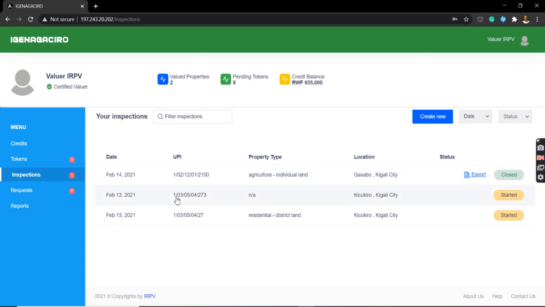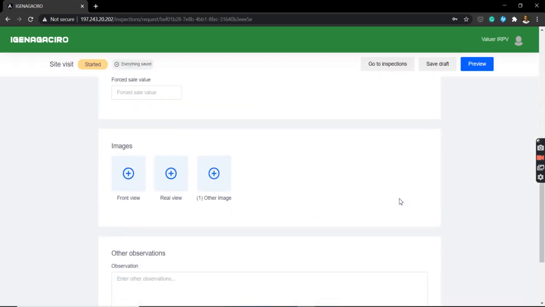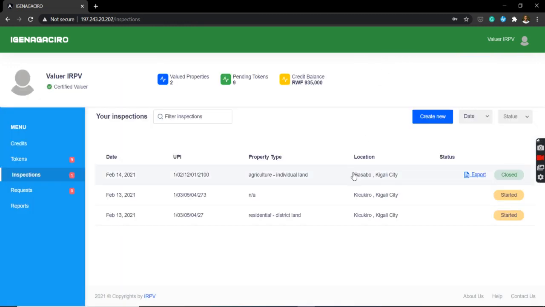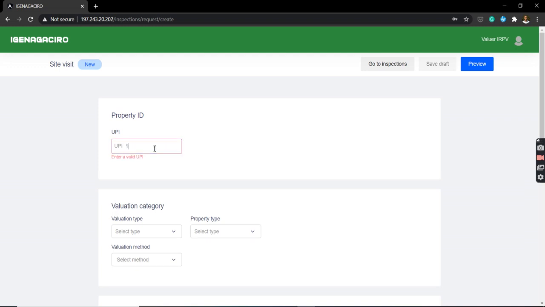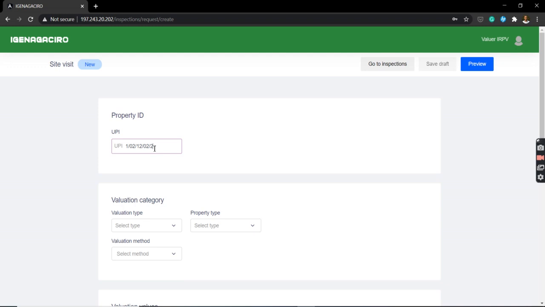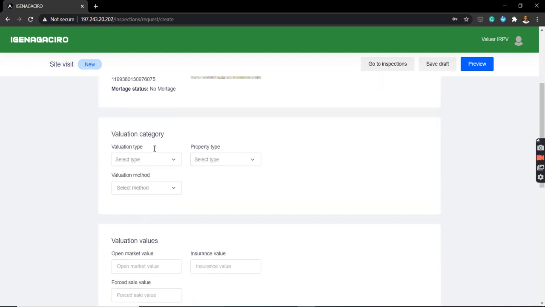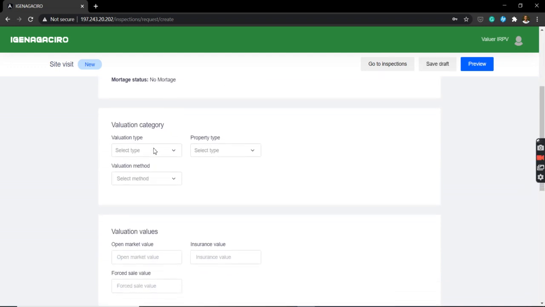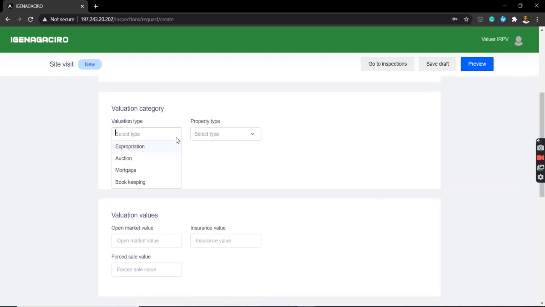And then here you see the list of the inspections that you've done as a valuer, and those that are closed, and those that you've started that you can check and proceed with because they were saved as drafts. And you can create a new inspection. You start by filling in the UPI that will be retrieved from the land system, and then you select the type, let's say mortgage